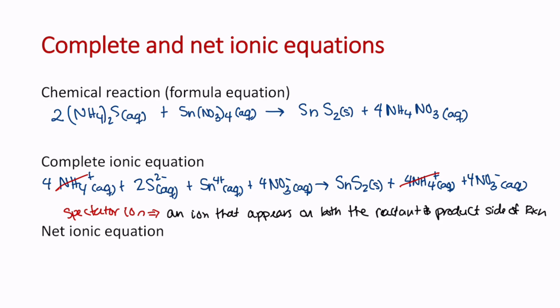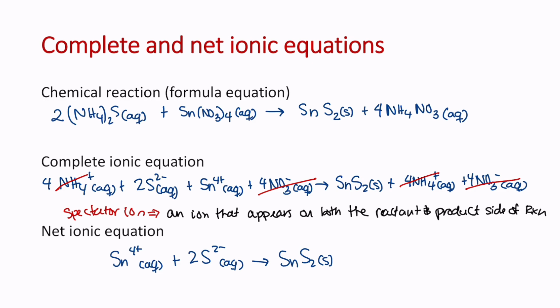Same with the tin. And then finally, the nitrate is on both sides, so I can cancel them out. The net ionic equation is going to be rewriting this with the spectator ions gone. So I'm going to have Sn4+ aqueous plus two sulfides, also aqueous, yields SnS2, which is